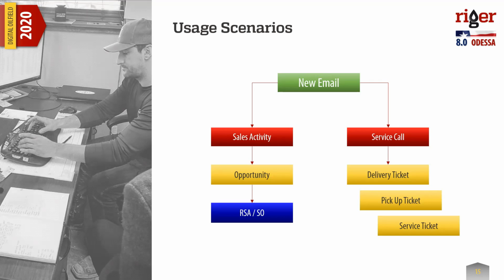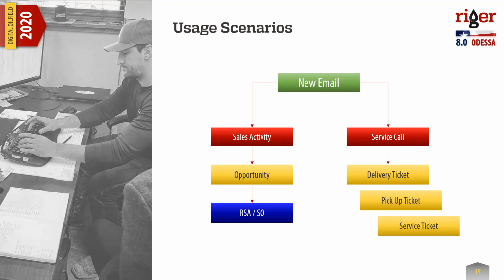So first of all, when you get a new email in your built-in email client, you can generate a new sales activity. That is mostly used by the sales personnel when they are working with the CRM module of the RigER system. So they can easily convert an email request to the sales activity document in the RigER system. And then multiple sales activities may be converted to the sales opportunity, which is part of the